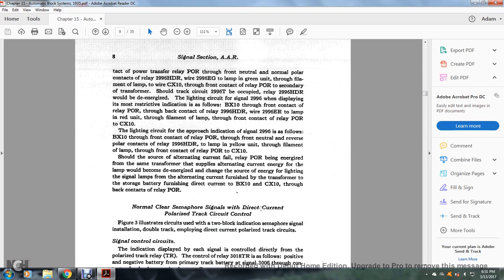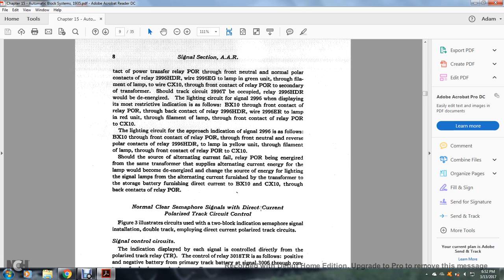The power transfer of the relay of the POR through the neutral and normal polarized contact relay of the 2996 HGR with the wire 2996 EG with the lamp with the green unit through the filament of the lamp to the wire CX10 through the contact with the relay of the POR secondary transformer. Should the track circuit 2996T be occupied, the relay 2996 HGR would be de-energized with the light circuit with the signal with the